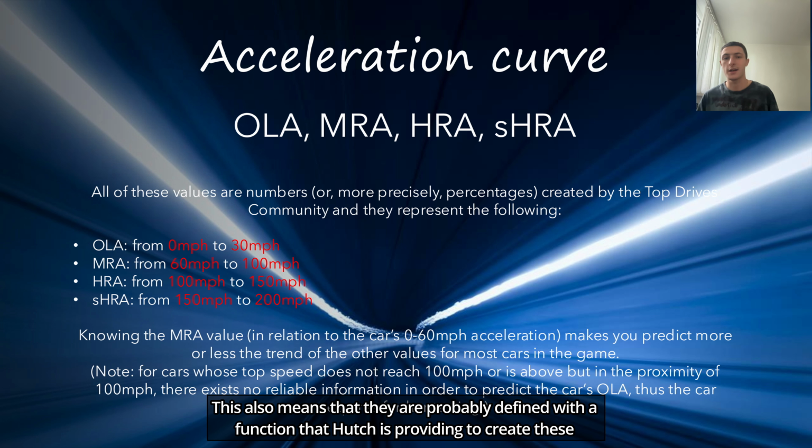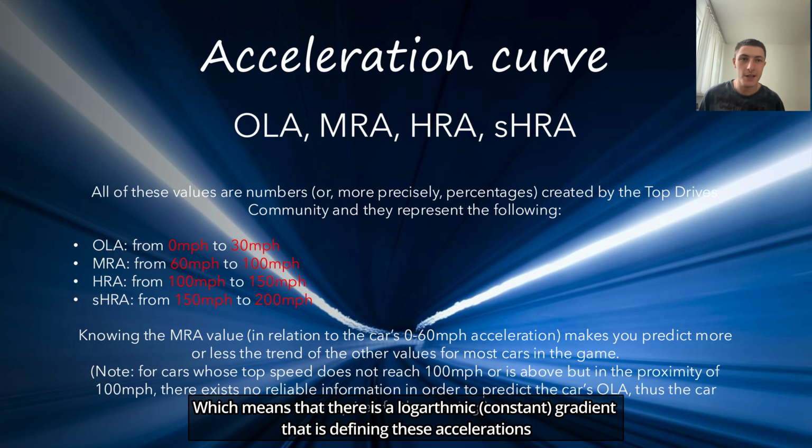This also means that they are probably defined with a function that Arch is providing to create this acceleration, which means that there is a logarithmic gradient that is defining